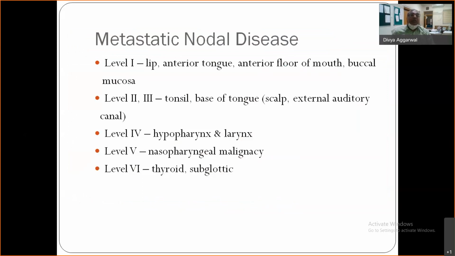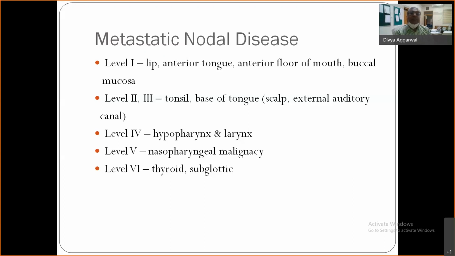Now, this is very important to know because when you are dealing with some malignancy of, say, a lip, the oral cavity, or the oropharynx, you need to know where that organ is draining. So you would be careful while examining, and of course, your management, say your surgical excision, would depend upon the level of the lymph nodes that are draining that region. For example, level 1 is drained